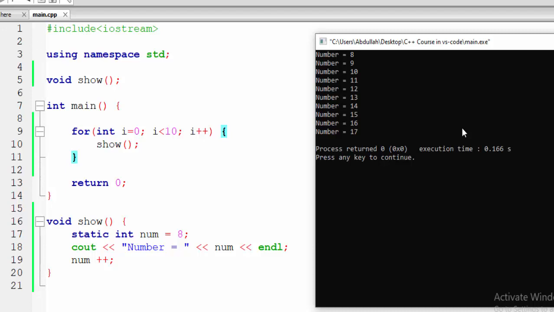Static variables are those that, whenever we declare one in a function, and the function is complete, the compiler will not delete the value of the static variable from memory. It will remain there, and whenever we call the same function again, the value remains the same, or if we increment it, the value will be incremented. So that's the explanation of local, global and static variables.